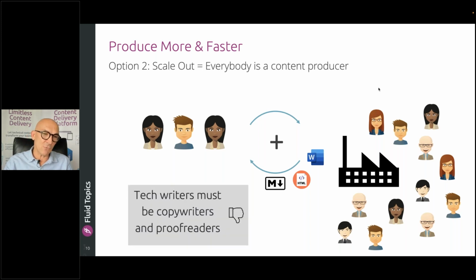And in that situation, you have to review the content, and then tech writers also have to become copywriters and proofreaders, which is the bad side of this approach. And that's interesting because that approach makes more sense. I mean, not being in charge of writing everything, but leveraging the people that you have inside your company to be content producers. But as we see here, there's a downside to that, a drawback to that, that can be